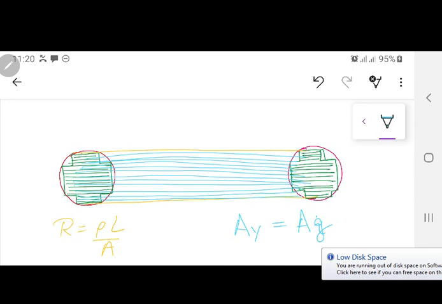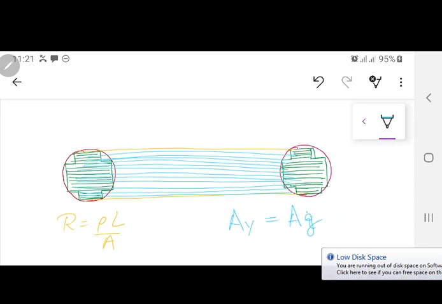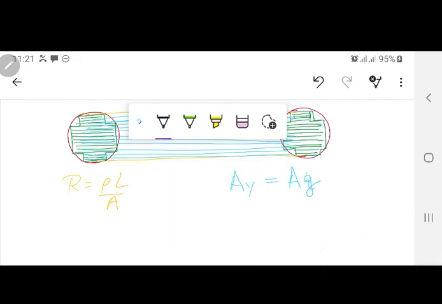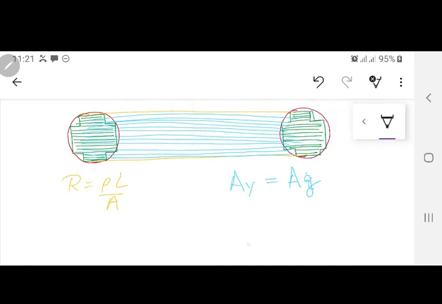Now, whenever we are designing a transformer, our first and foremost equation, let me use a darker color over here. If we have a transformer, we know the flux inside the transformer. And for that flux, we have selected a B value, which we have taken from the material BH curve. Based on that BH curve, we have selected the core area. So that core area is actually the area of the limb over here. Now, the same flux is going to pass through the yoke. So technically speaking, it should be the same area.